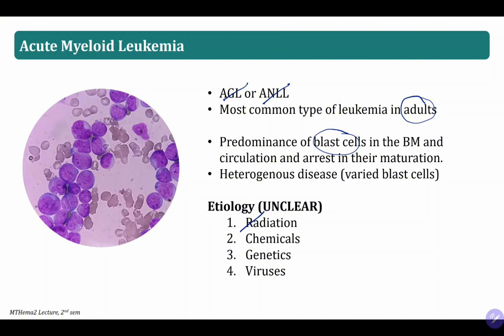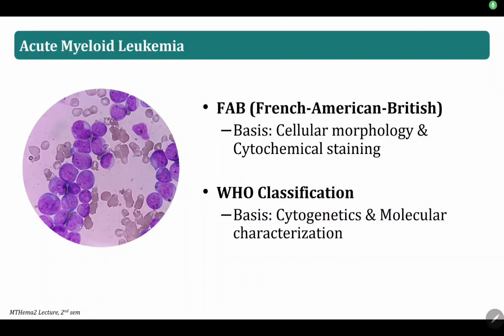Okay, ito yung mga na-expose sa radiation, yung nag-undergo ng radiotherapy, at saka yung mga people that were affected in the Hiroshima and Nagasaki bombing in Japan. Okay, aside from that one, risk factor din yung exposure sa chemicals and other genetic aberrations, and exposure to viruses, specifically your type C viruses. Now, for you to be able to classify AML, it could be based on your FAB classification or your WHO